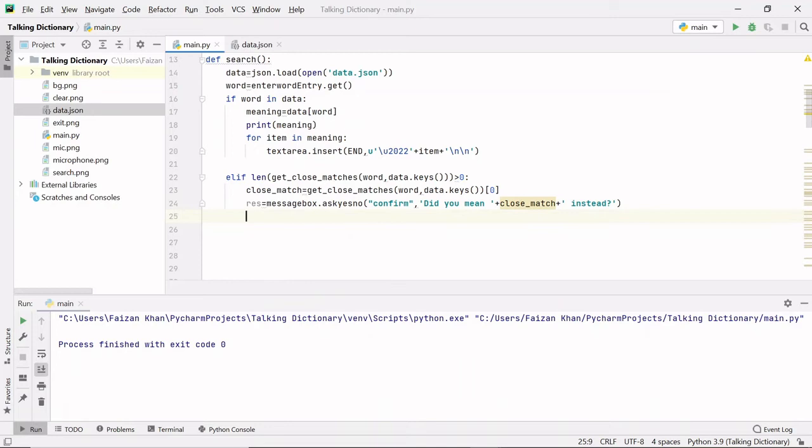You can use an f string also instead of using this plus operator. How that f string works, let me just show you.